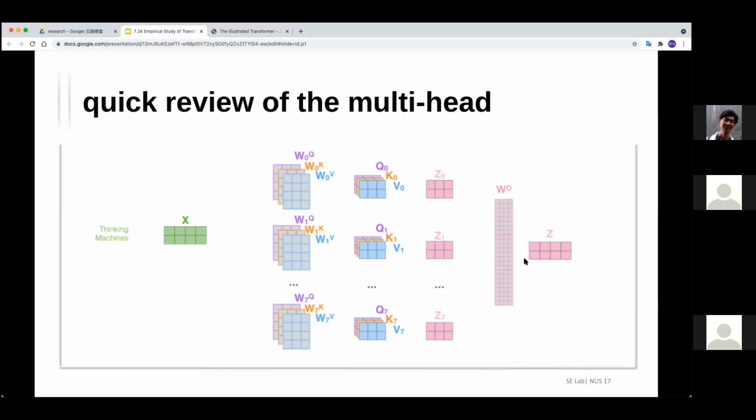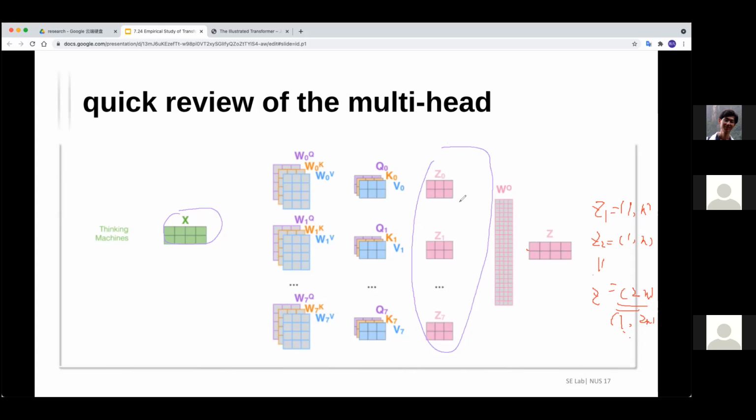So here, suppose one head generates Z1 and another head generates Z2, and Z1 is supposed to be 1n, and this is supposed to be 1n, and the concatenation of Z, suppose there are only 2 heads, will be 1 by 2n, maybe 2n, right? No, it's just similar to X. It's different from the